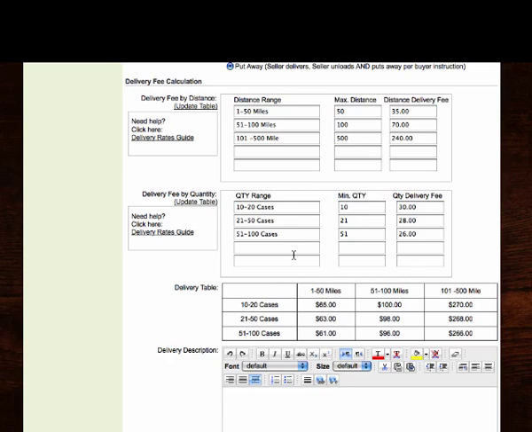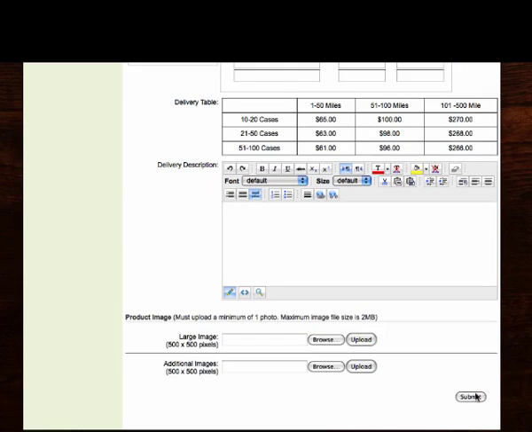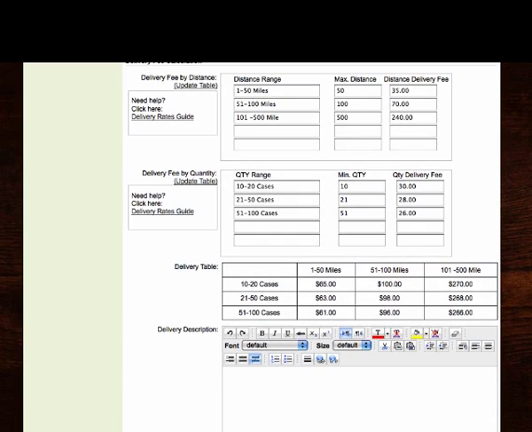And if you want to build your price into your case, you can do that. So then when you're all done, you scroll down to the very bottom of the website, hit submit, and everything is live. Okay, this is how you